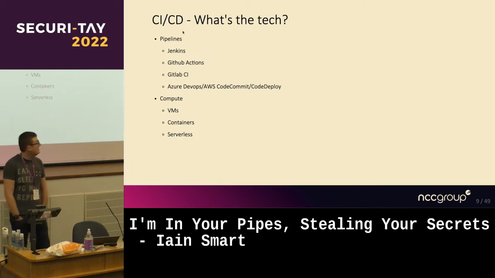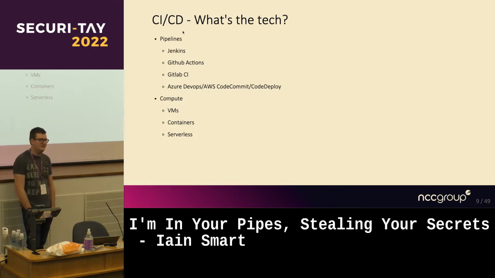And then, obviously, these actions, they're defined through the pipelines. The compute power has to come from somewhere, and this could be basically anything. We see bare metal machines, we see VMs. Normally, we see things like containers or occasionally serverless. So I have seen a couple of instances of testing being performed in like AWS Lambdas, which is a bit more unusual. Generally, the Lambdas are the artifacts, not the test compute, but it can be done.